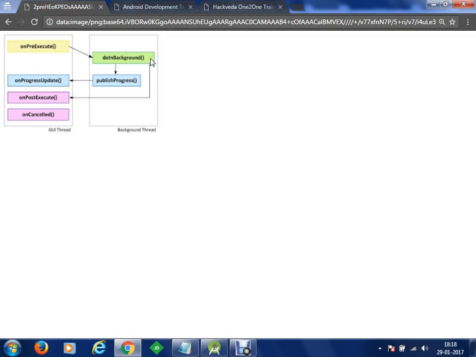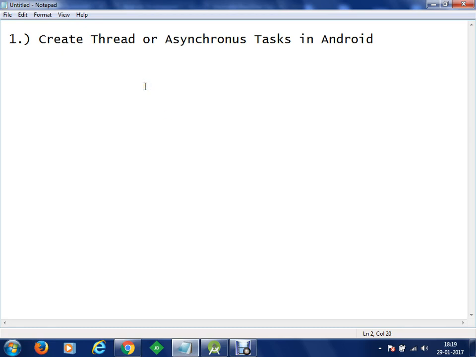A background task is something like, let's say if you want to perform a network operation, okay? Network operation means, let's say we are going to use static map API in this demonstration, and what we will be doing, we'll do something like this. Using our location manager, we are going to get latitude and longitude, okay?